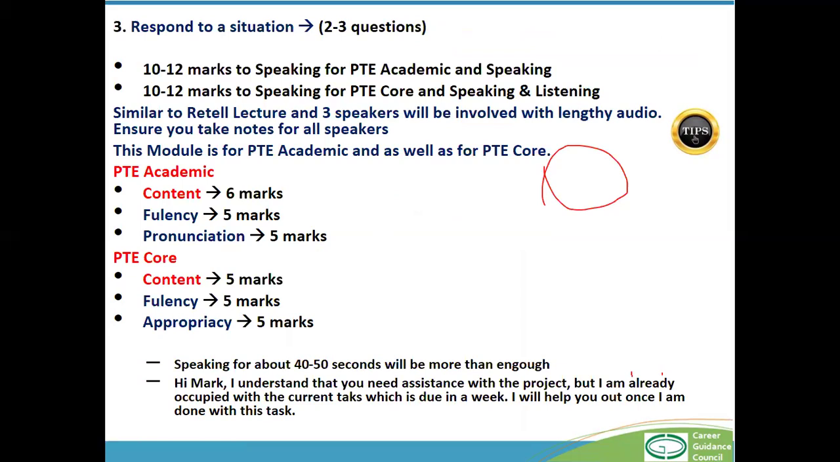There will be two different questions, and 10 to 12 marks for speaking in PTE Academic and 10 to 12 marks for the PTE Core, but for listening as well. So in Academic it is only for speaking, but for PTE Core it will be for speaking and listening. Similar to a written lecture, you will have to ensure that whatever you have heard in this written lecture,